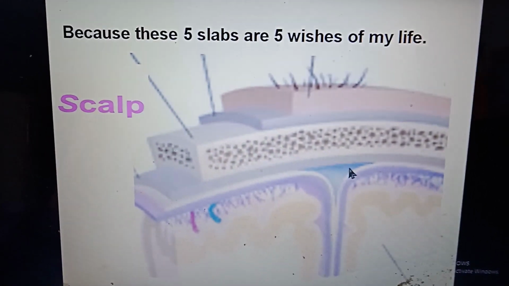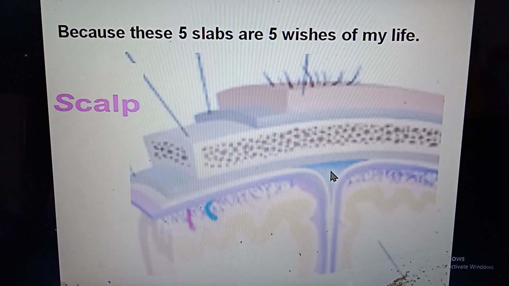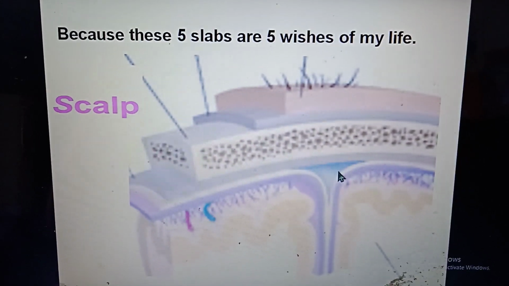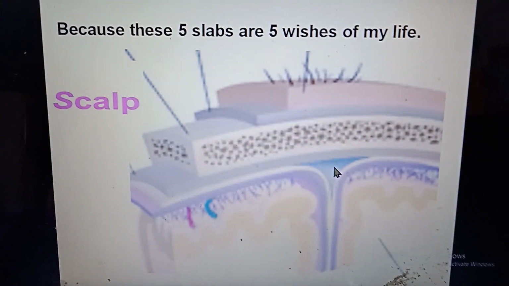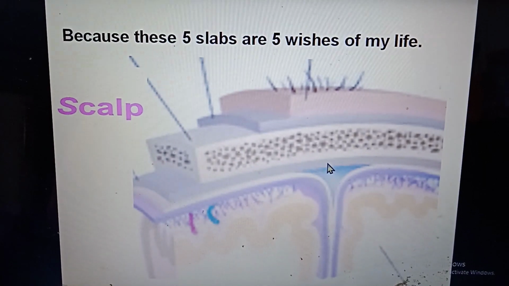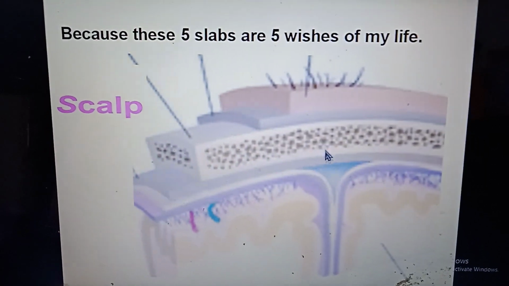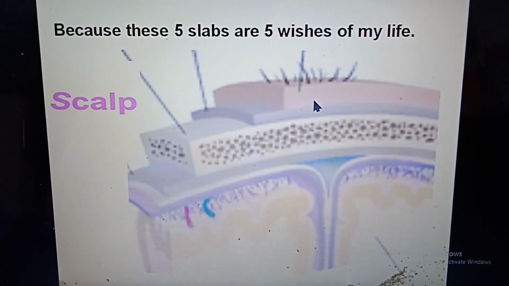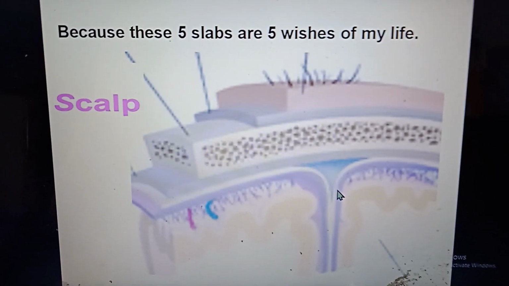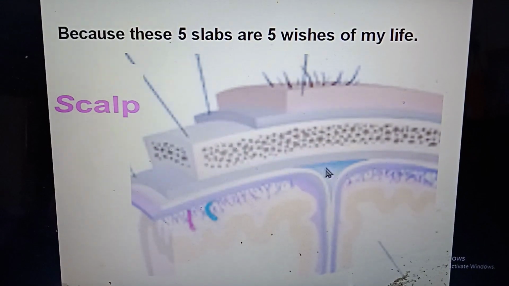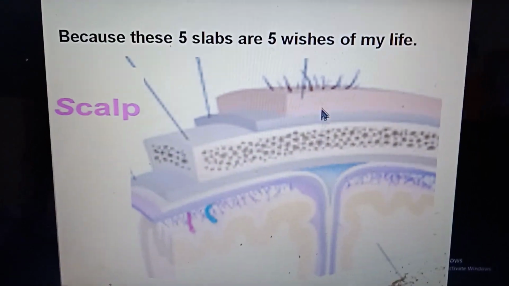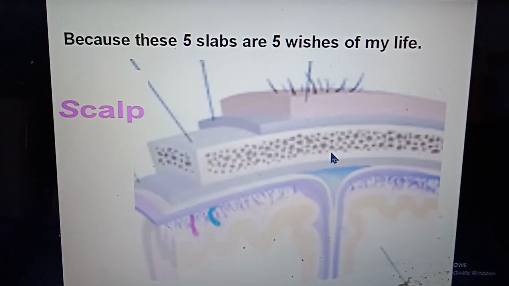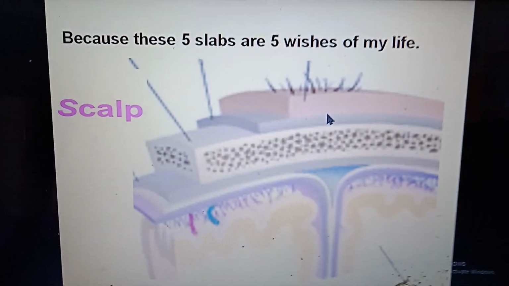Okay, and it looks like a head of a buffalo, and these are 5 slabs, like slabs on the head of that buffalo. This buffalo, that is the dural venous sinus, superior sagittal sinus, it carries all these slabs for long ago,